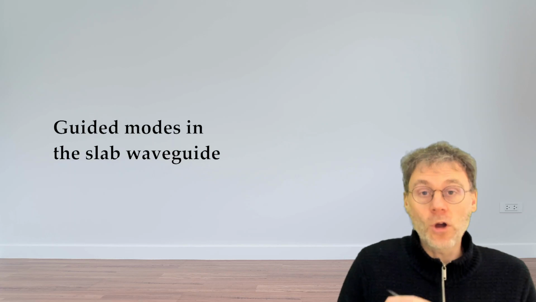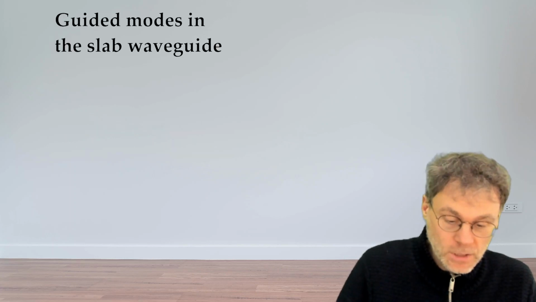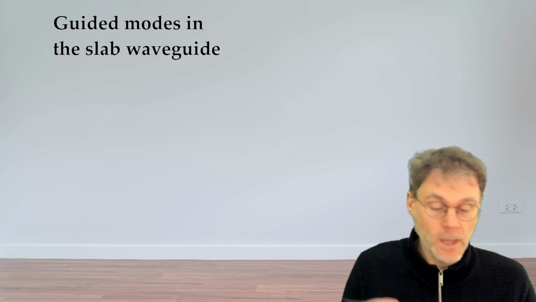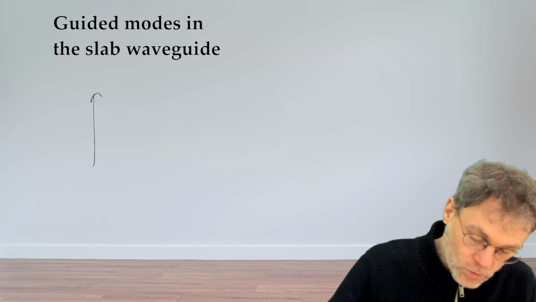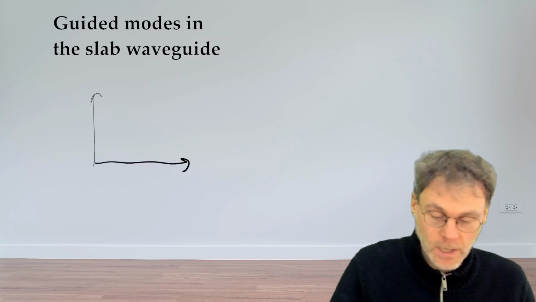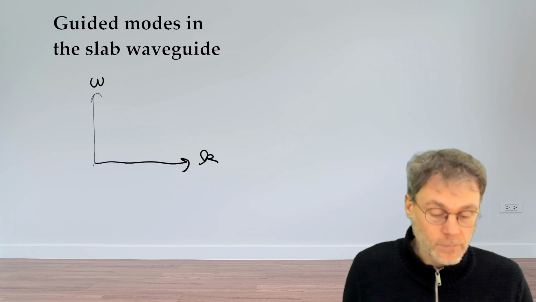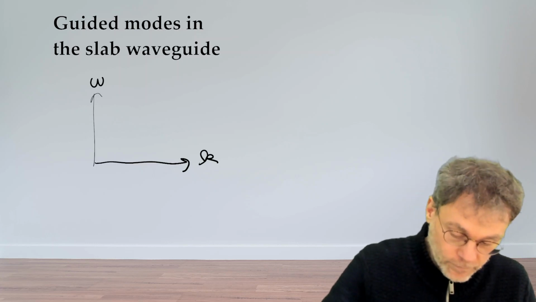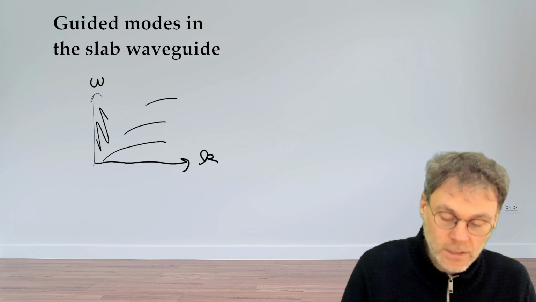In a previous video, we looked at the slab waveguides, and we said if you use Maxwell's equations and you calculate the solutions numerically, and then you create a diagram, you end up at something like this. So if you plot in a diagram the omega value versus the k value, then you get different types of solutions. You get some sort of discrete lines over here, and then you also get a continuum